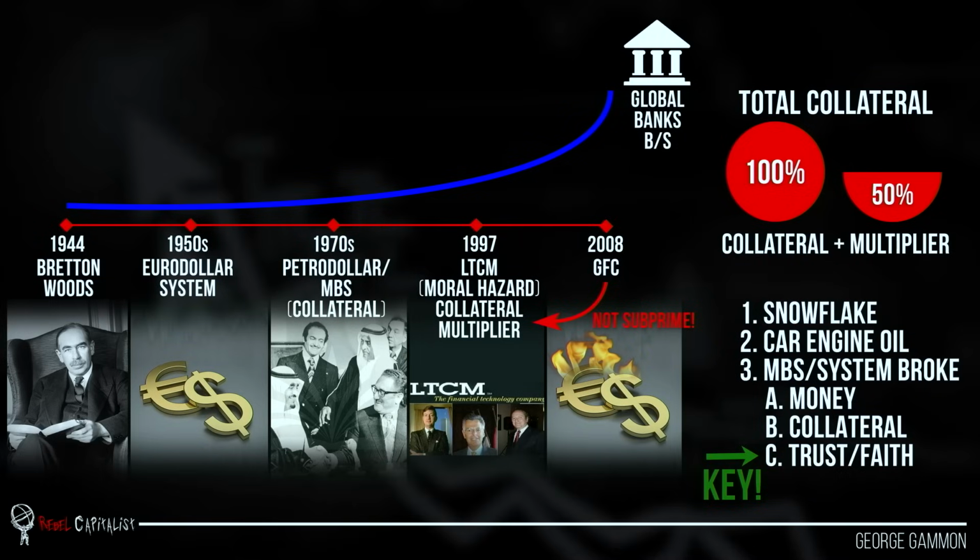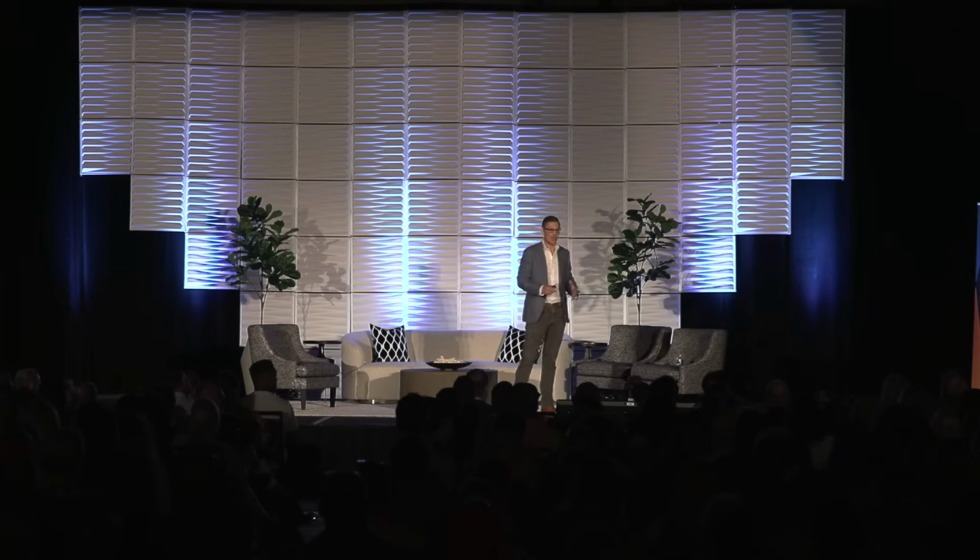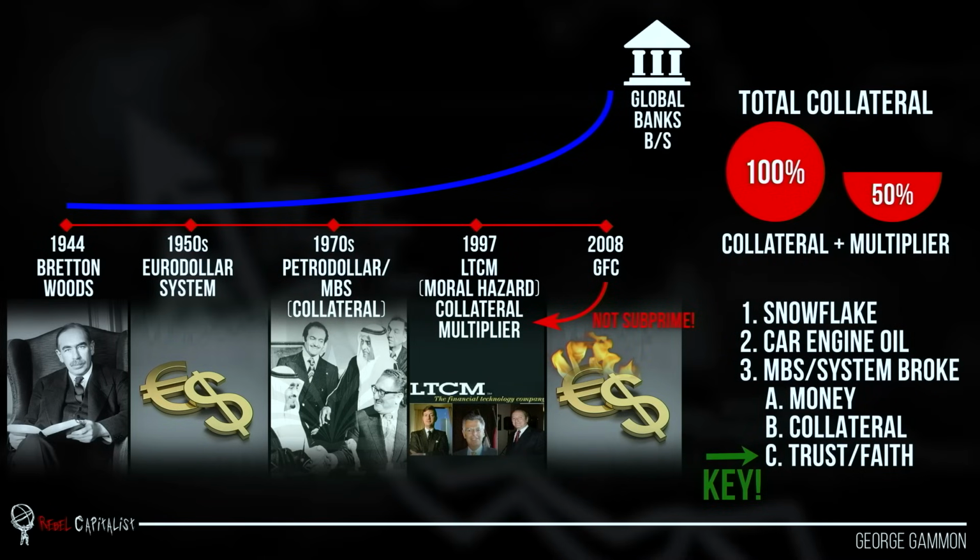And then we get the petrodollar in the early 1970s and mortgage-backed securities in 1968. So what happens to the system that has now figured out how to create its own collateral and its own money is that they have much more of this collateral, because now all these dollars are going offshore to the OPEC countries that are producing the oil, or into those OPEC countries from other countries that are buying the oil. So what do they do with the dollars? They turn around and buy treasuries. So if they now have treasuries on their balance sheet outside of the domestic economy of the United States, boom, we've got a lot more collateral. And you combine that with the mortgage-backed securities.